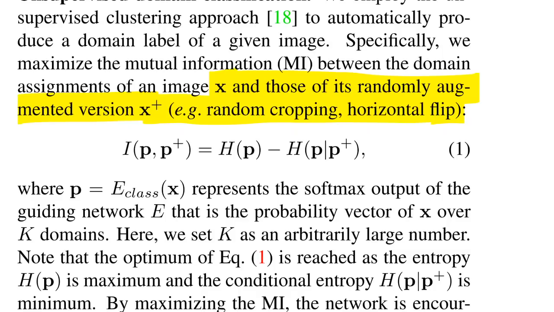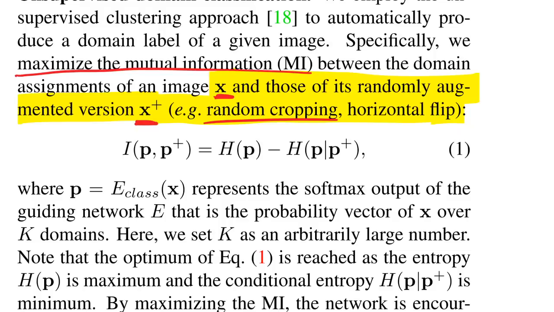Now, in that paper, they go further and they do this nearest neighbor thing. In this paper, they just do sort of the first step of this self-clustering, which I guess makes it such that you could potentially improve this paper by applying the other paper, but who knows? So we're going to take an image and we're going to augment it. Okay, so that means we're going to like random crop it or change its luminance or whatnot. So we have two versions of the same image, and what we want to maximize, the mutual information between,